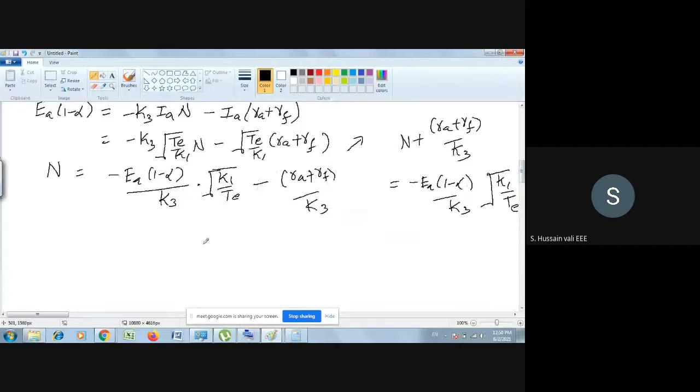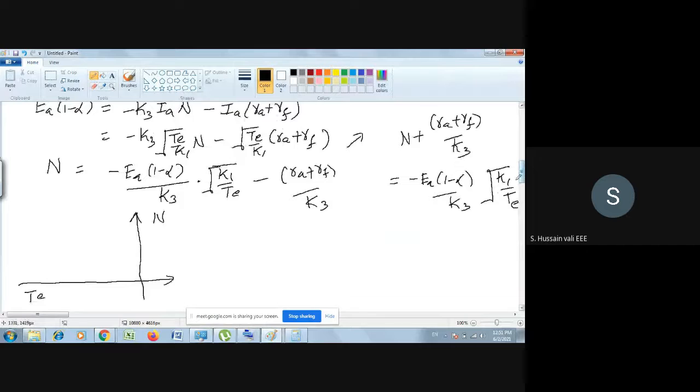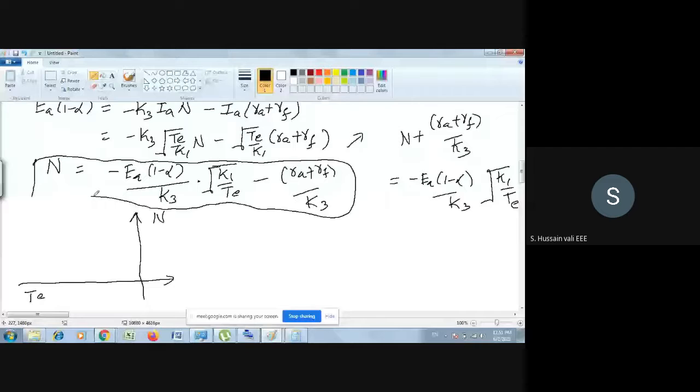Yeah, we simplify this equation. So if we simplify this equation, we have to draw the graph here, on this side. The speed is here, torque is here. T is there because this is the second quadrant. So here we'll do one thing: for different values of TE, we'll get the graph like this. See, the shape remains the same, except you get it in the second quadrant.